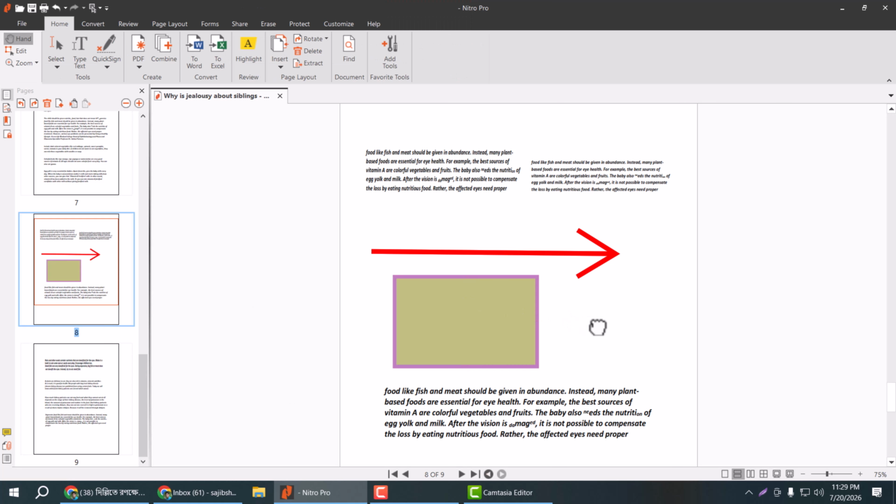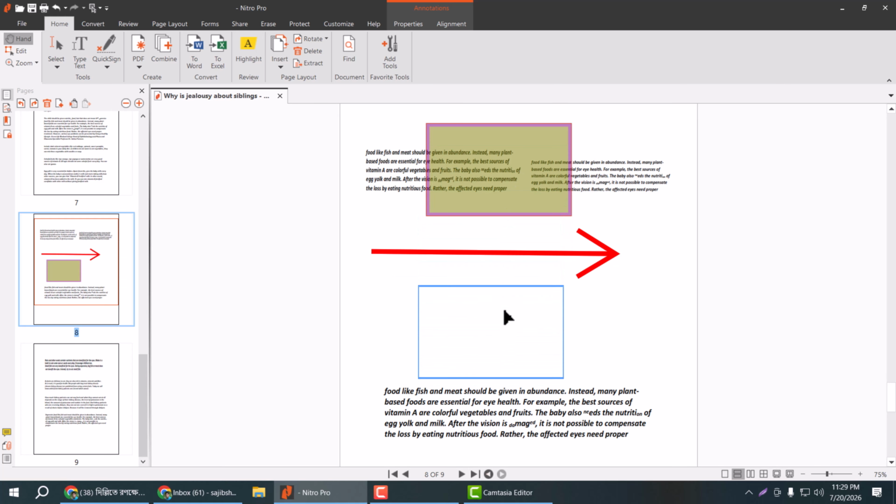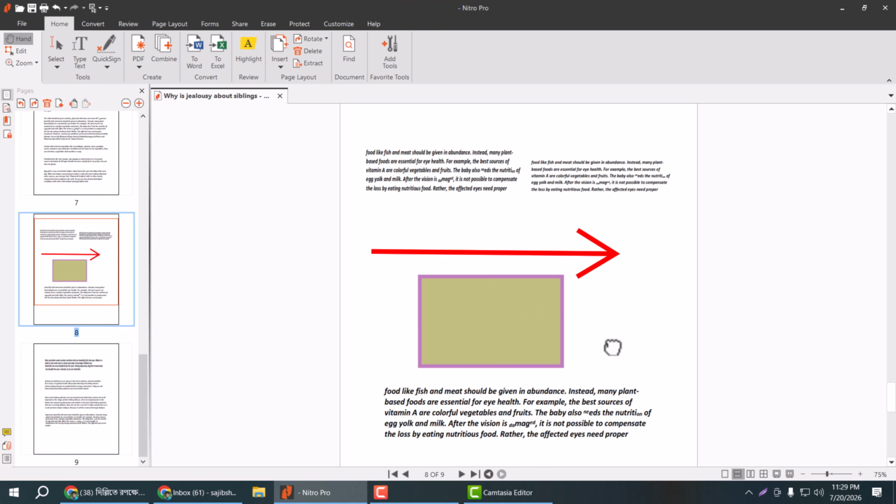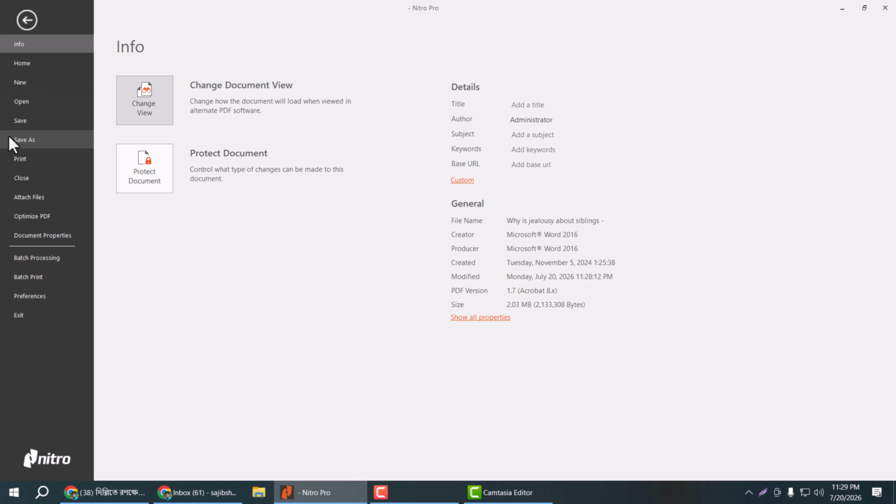In this way you can insert any shape on this PDF file and edit them. You can move it anywhere and so on. And finally select this file option, save or save as a